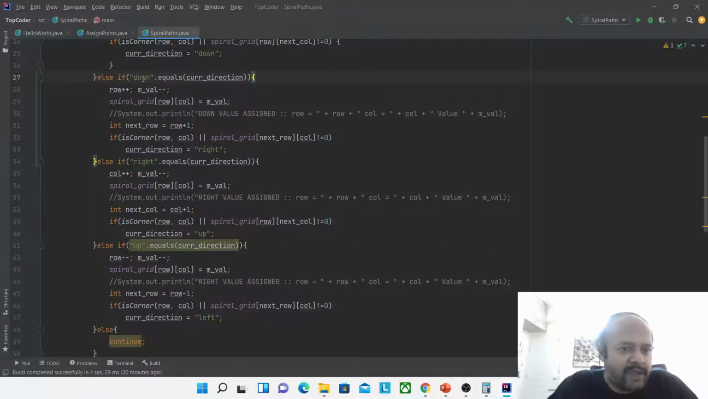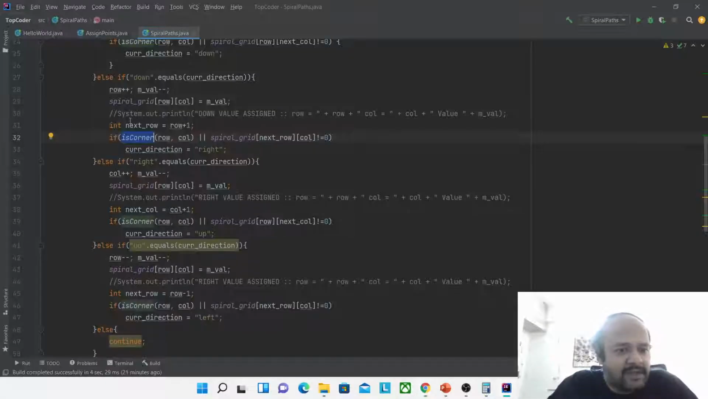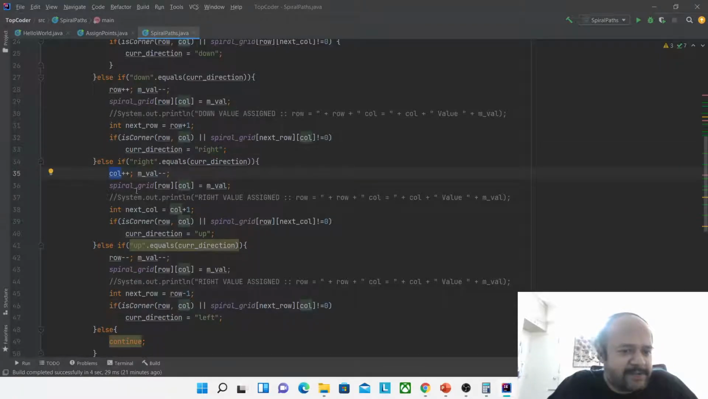So if you are moving in the down direction, and this is what we said, you increment the rows and stay in the same column, and you decide whether the current cell is a corner cell or the next cell is already visited. If either of these is true, then the direction you change to while on the down is to the right. If you are on the right, you just move on the same row but different columns, 40 to 41, 41 to 42. So that's why we do a column plus plus and do the same check whether you are in the current corner or